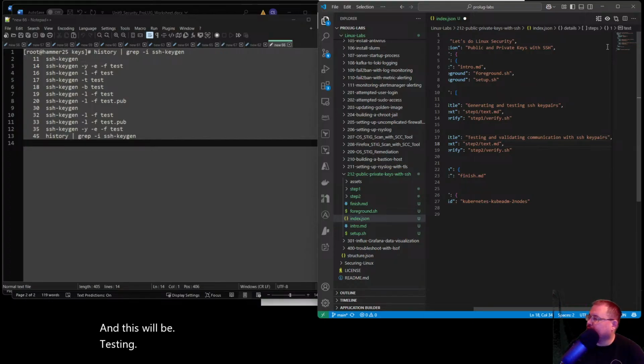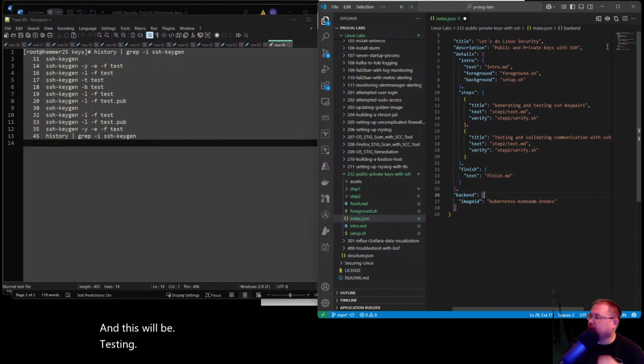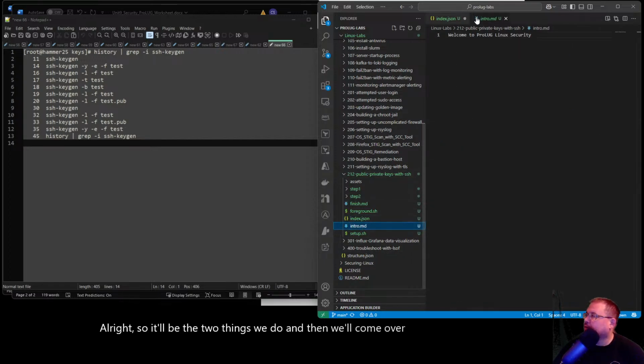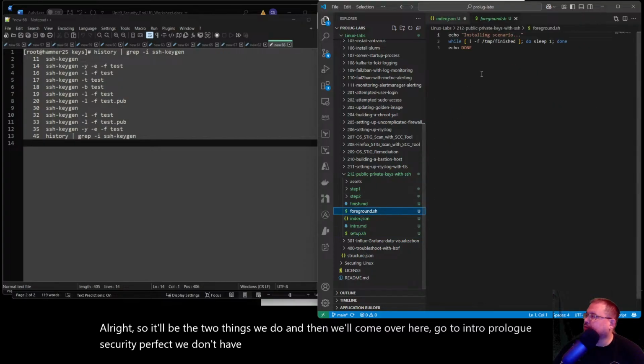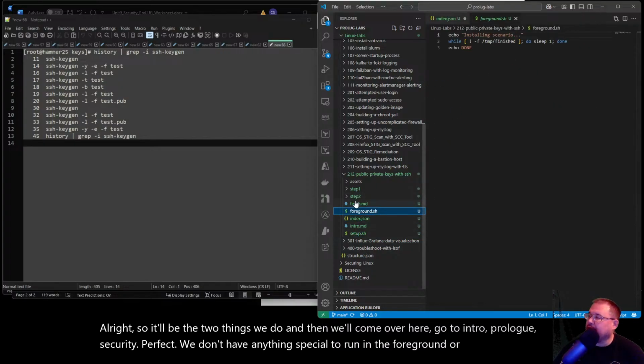There we go. Those will be the two things we do. Then we'll go to intro, Prolog security, perfect. We don't have anything special to run in the foreground or anything that we're adding for this.